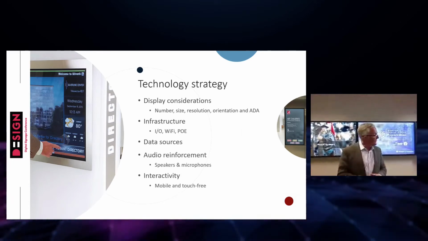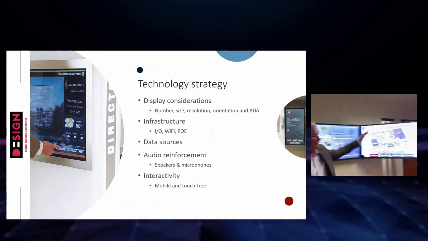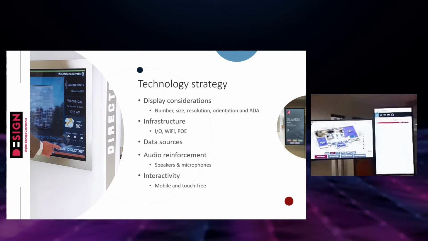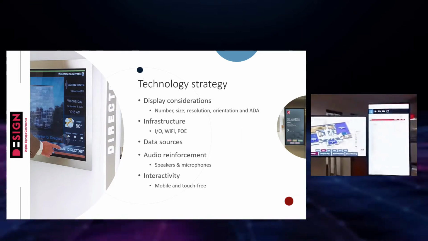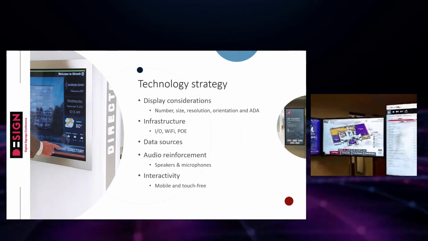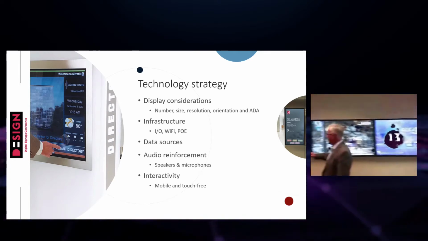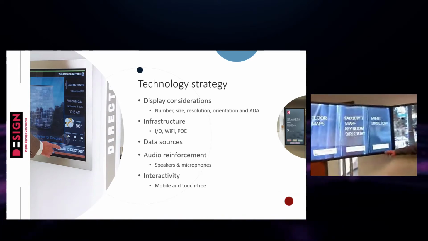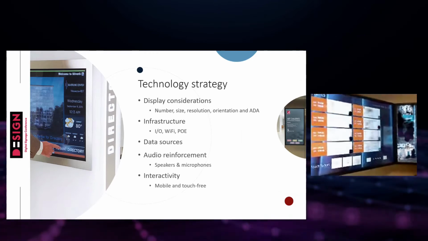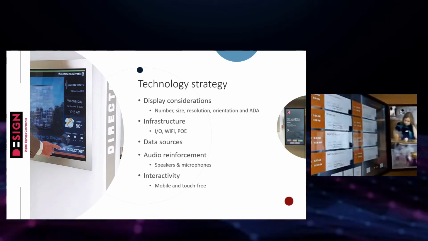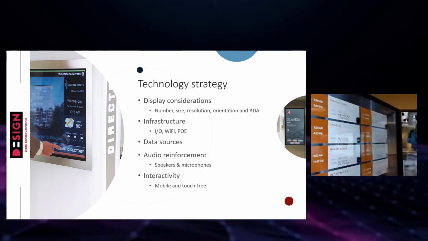Data sources. You've seen a couple of data sources here. We have a people directory. It could be something as simple as an Excel spreadsheet that's updated. We have event data sources like over here, which can be easily maintained with other event directories. So it could be Google Calendar, Microsoft Office Exchange. There might be other data sources, like in this particular case here, a donor wall that's incorporated into this wayfinding